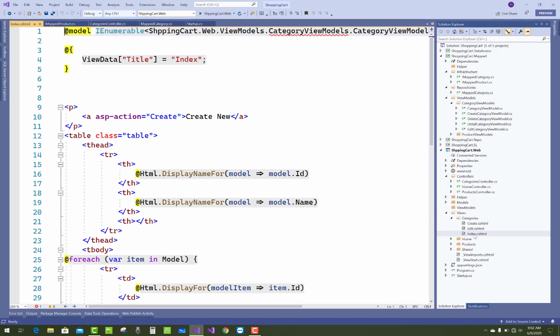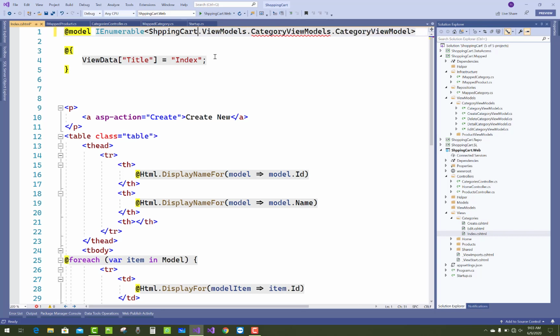This is the next video tutorial of the shopping cart project, and in this project I am going to show you optimizations continue. In the last video tutorial I completed the categories controller, and in the category controller we just resolve the index action method, or you can say optimize the index action method.